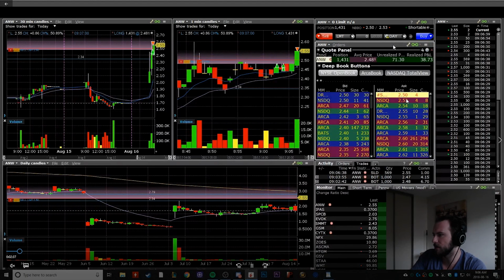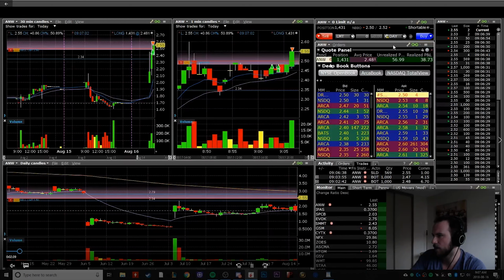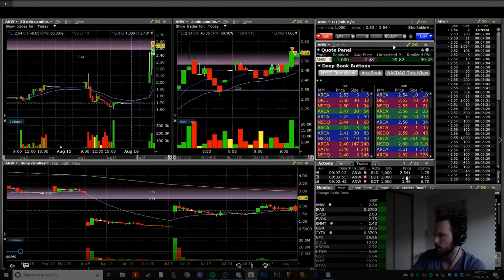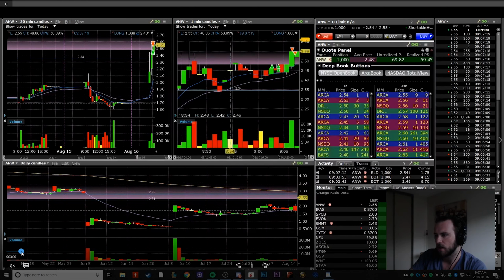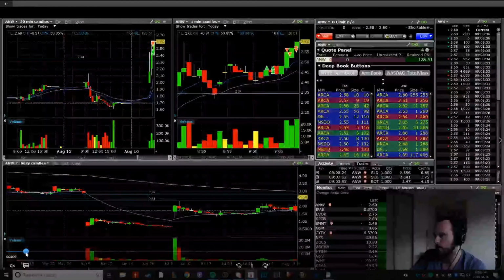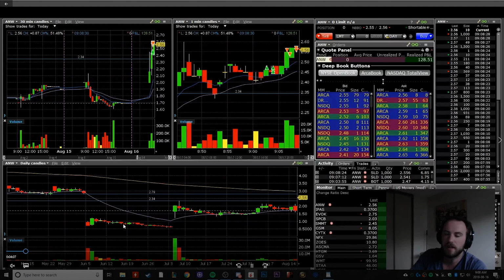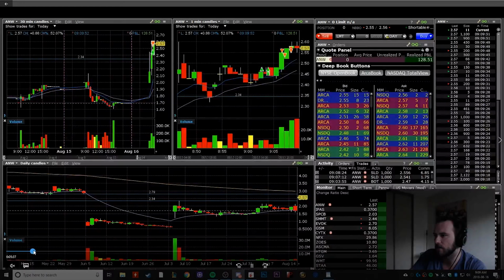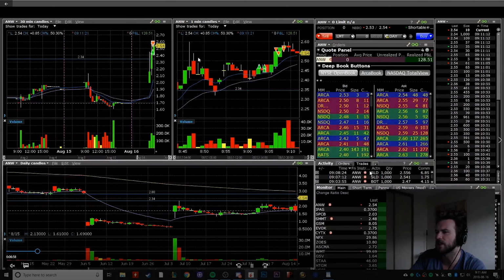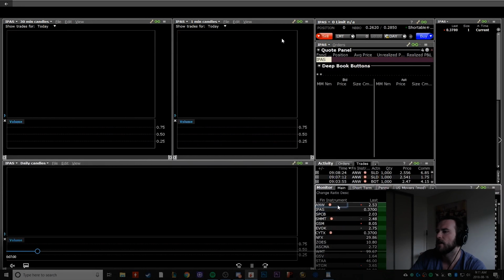There we go. So anyways, I just keep moving my shares down, and I get them filled actually at 53 because I don't update this order. That's why it's kind of like this yellowish instead of a white. So I get filled there at 54 for a full 1,000. And then I bail out on the way down on the bid as I see some weakness here. I don't think it's going to break through high of day. It does end up breaking through high of day, but, you know, whatever. Or does it? No, it doesn't. Actually, it gets right to high of day at 260, and then it falls off.